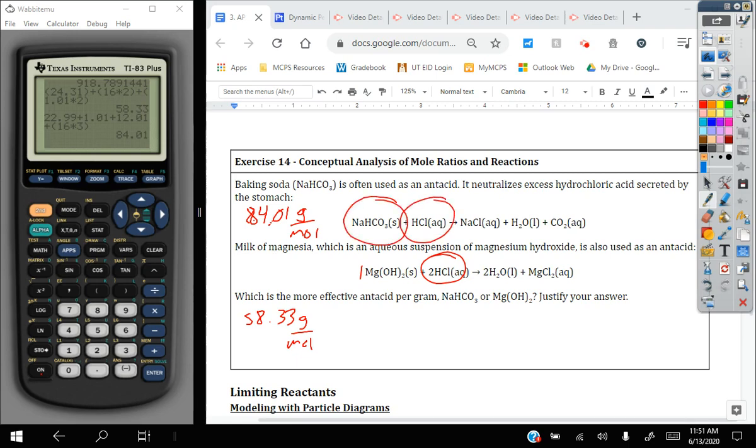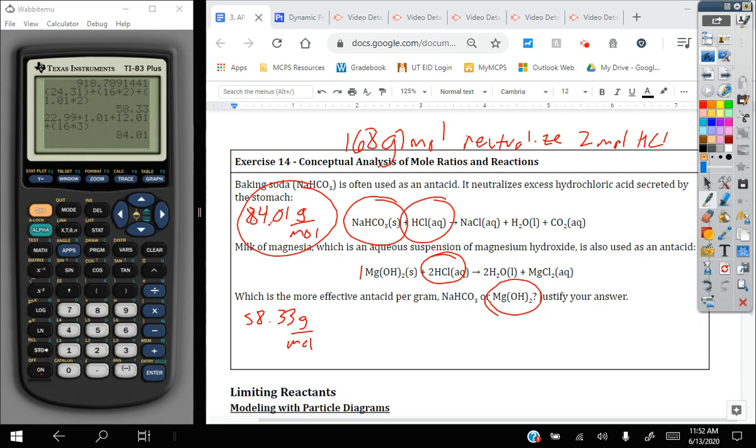So if I wanted to react 2 moles of HCl with baking soda, I would have to double this amount, and I would actually have to use somewhere in the realm of 168 grams per mole to neutralize 2 moles of HCl, because I want to neutralize the same amount as the magnesium hydroxide is. So magnesium hydroxide would be the more effective one here for 2 reasons. 1, because of its mass, and 2, because of how many moles of HCl are neutralized in the course of